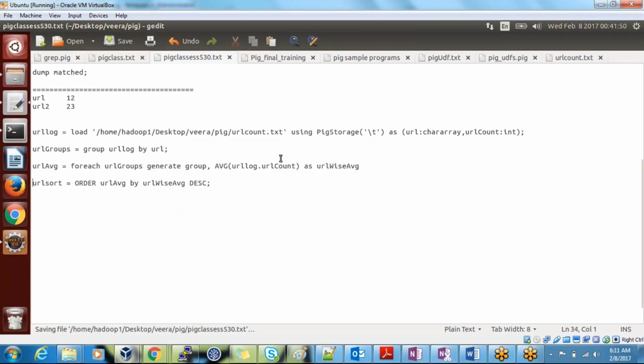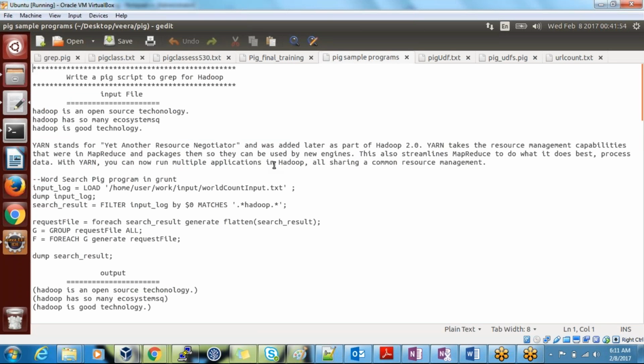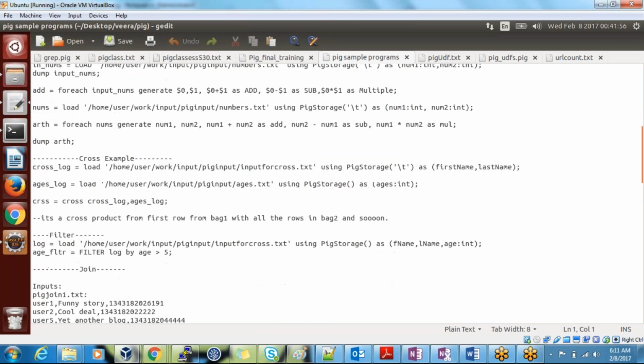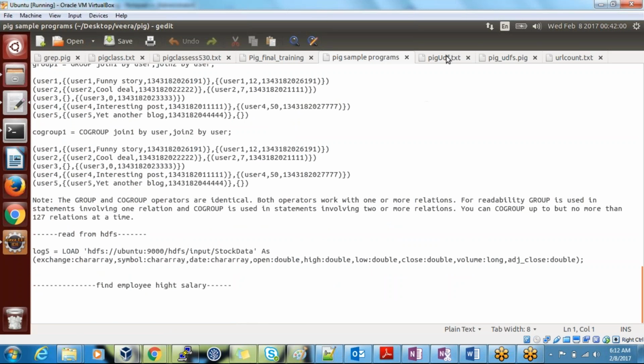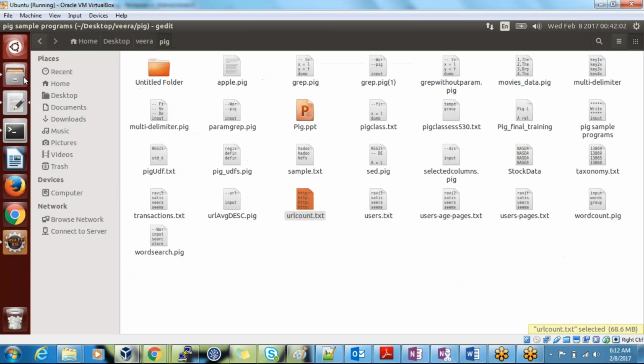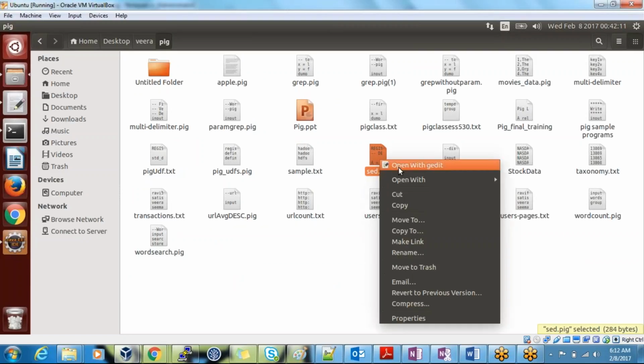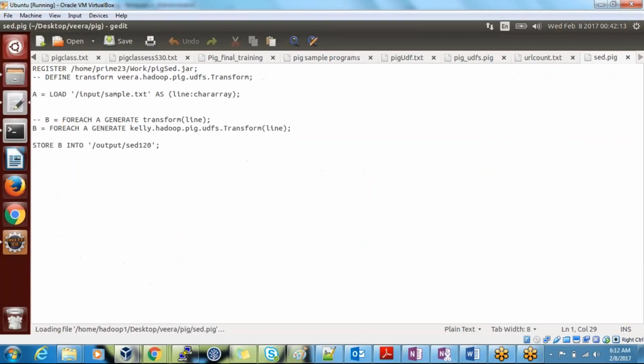Let me save them, and I have some data, input and output. I want the input and output files. I'm looking for it. Let me look, I have some input data here, sample.txt. Okay, so we know the sed program. Now we have seen all of Grunt. Okay, now we are going to see how to